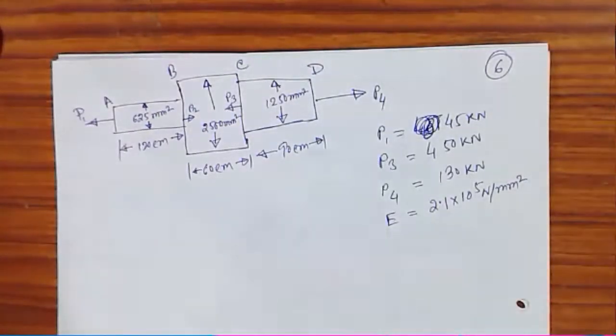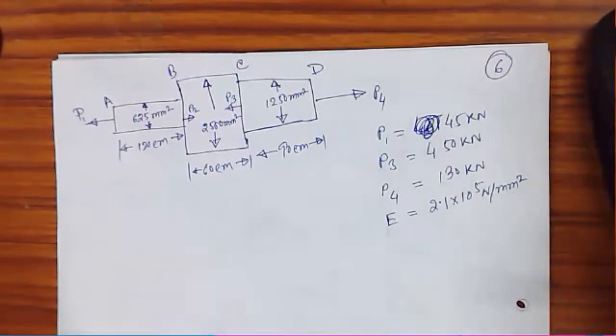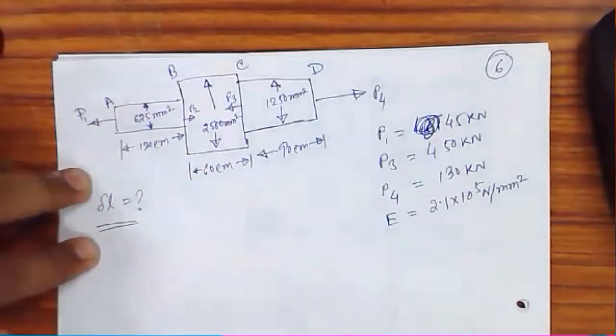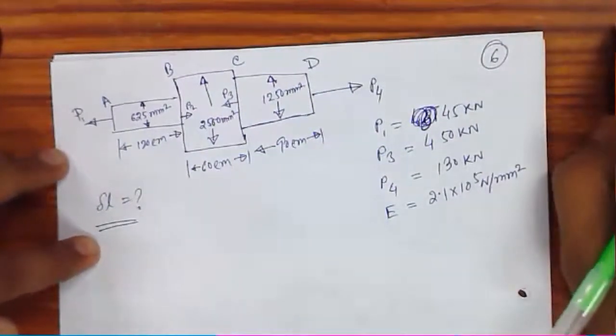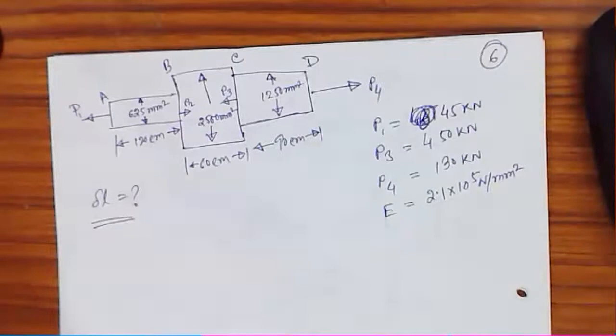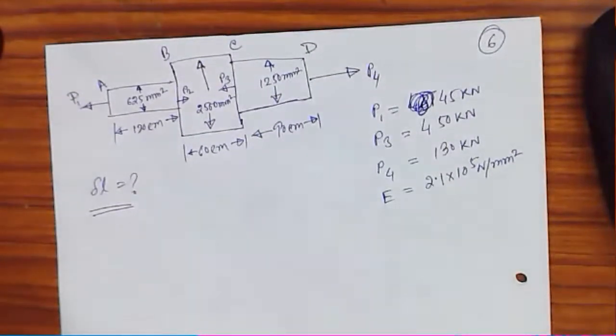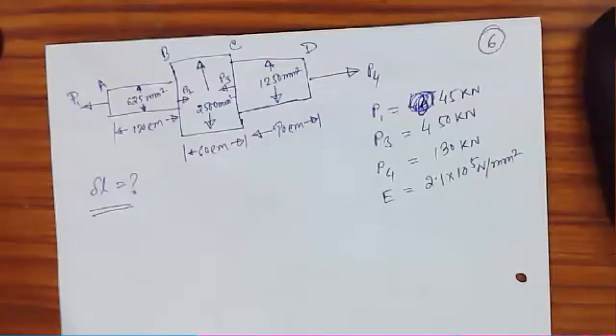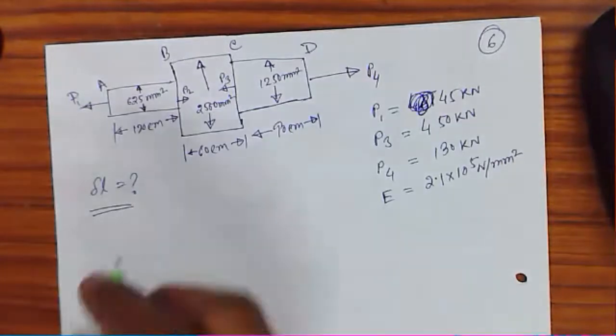Now you have to go part by part. The same procedure we have done in the previous class. Our job is to find out delta L. This is the job. Now, throw out your ideas. Sir, what is P2? P2 is not given. Find out P2. I have said in earlier problems several times how to find it out. That is the first job.